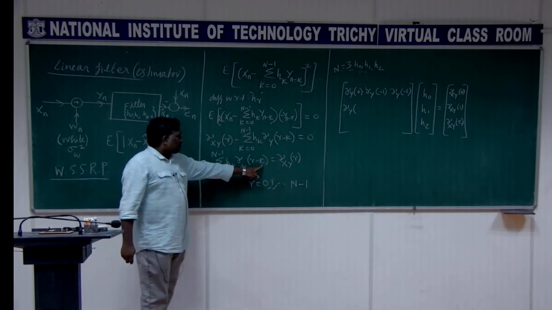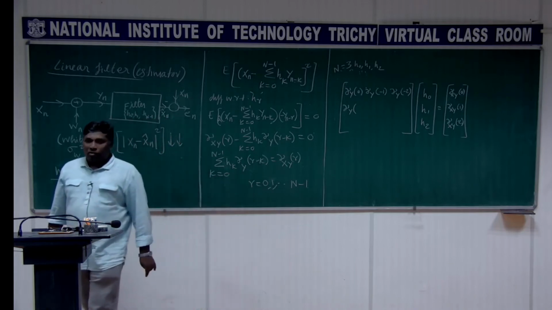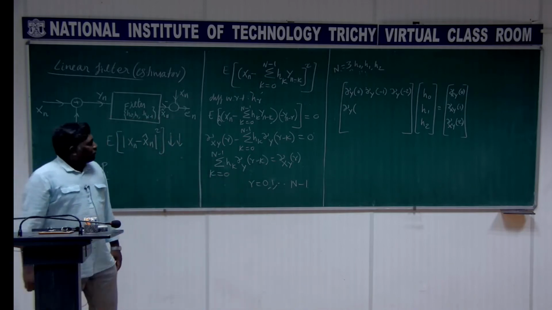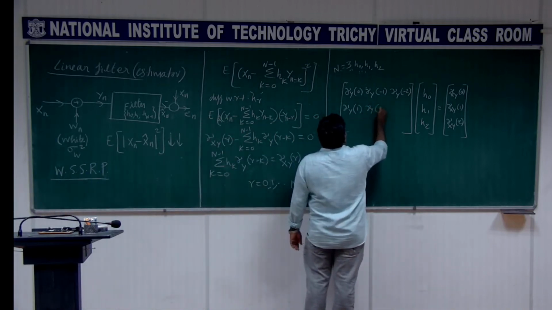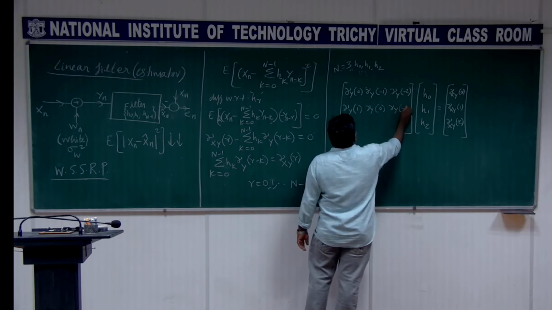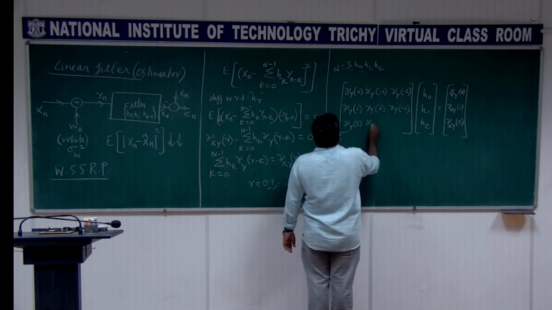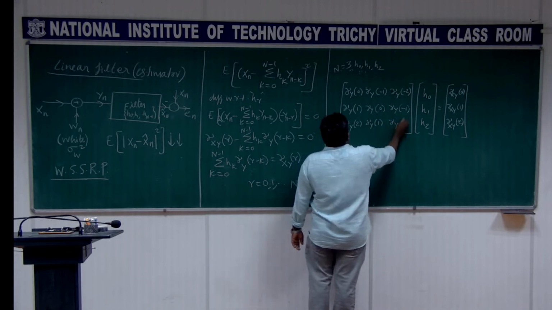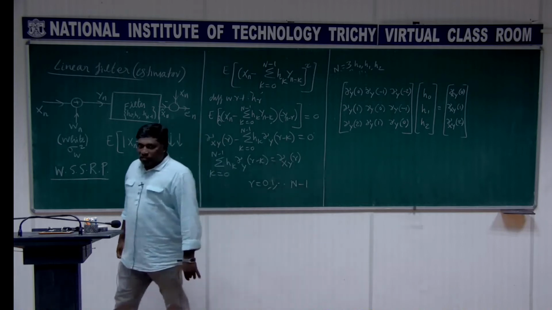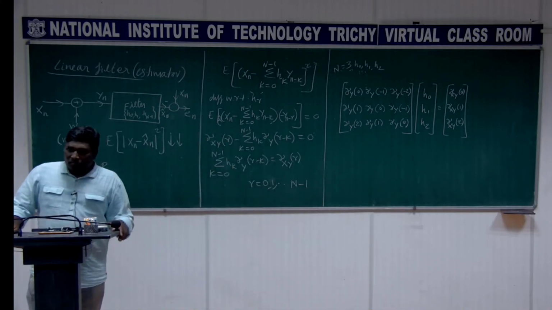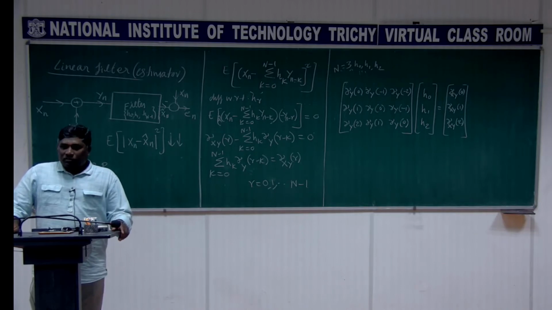When you do it for the next row, when r is equal to 1, this is 1 minus k. Initially k is 0, so it means gamma y of 1, and then you get gamma y of 0 and then gamma y of minus 1. And finally you get gamma y of 2, gamma y of 1 and then gamma y of 0. So this is the matrix we get,